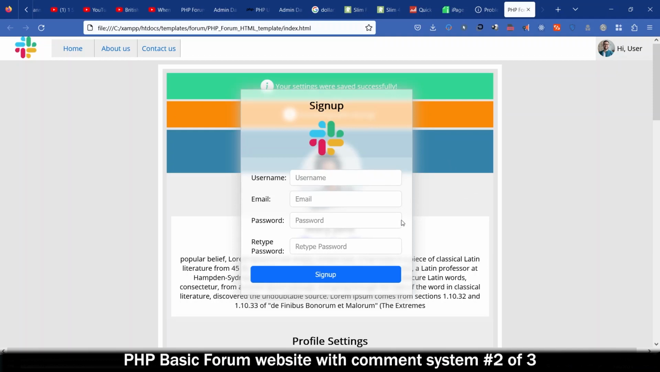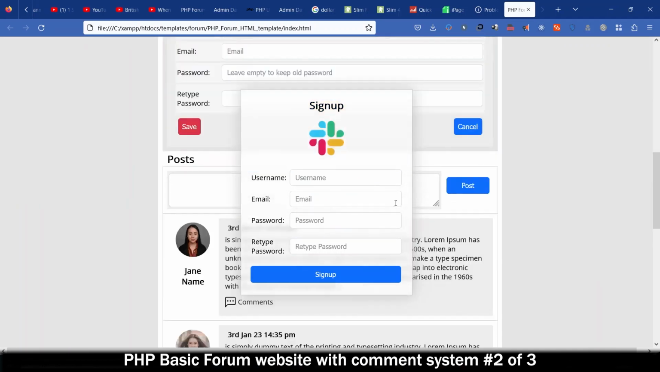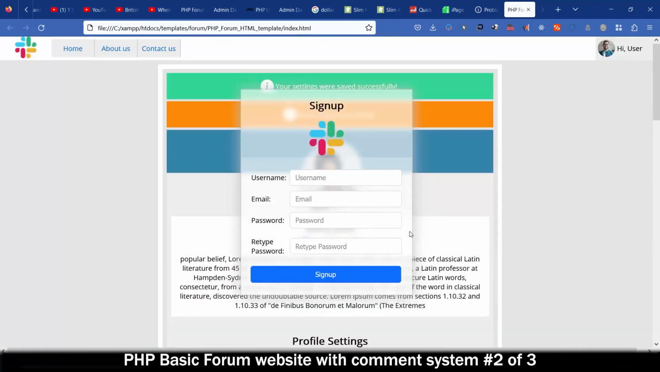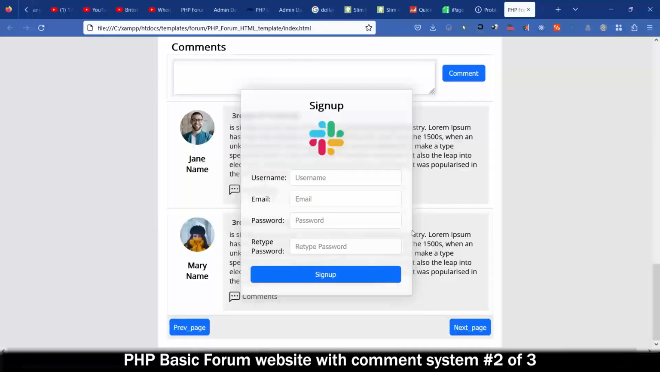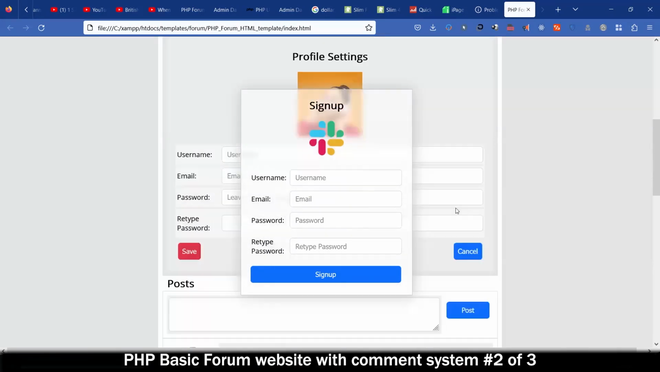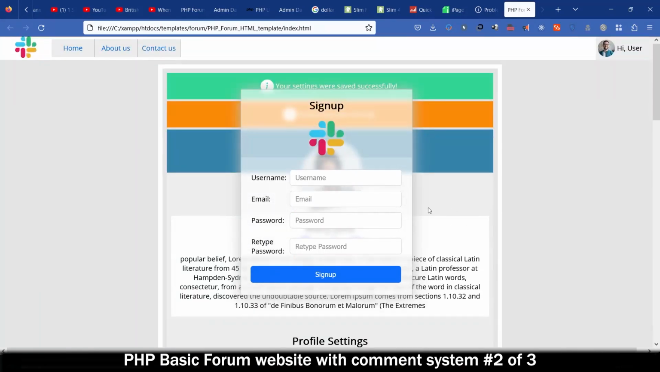So let's continue with our forum here. In the previous video, we designed this template. And in here, we want to actually use it to create a functioning website. So what I'm going to do is separate this template into different pages so that we can only see what